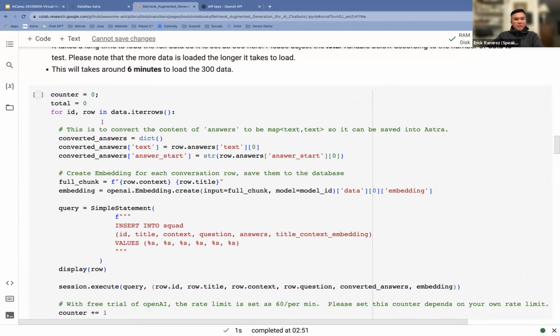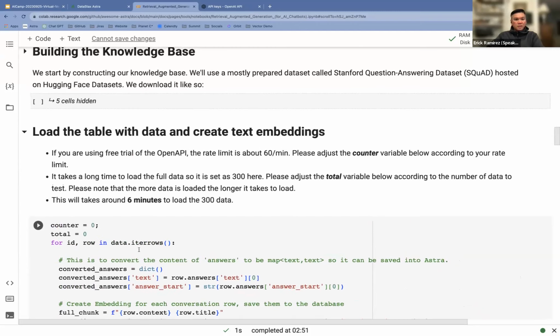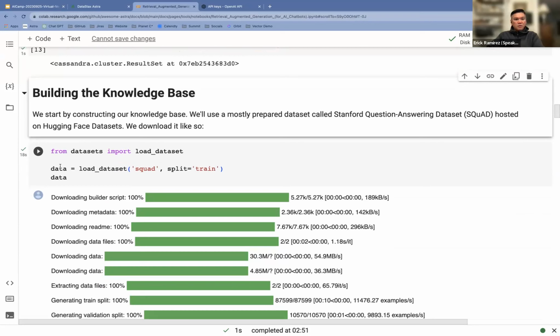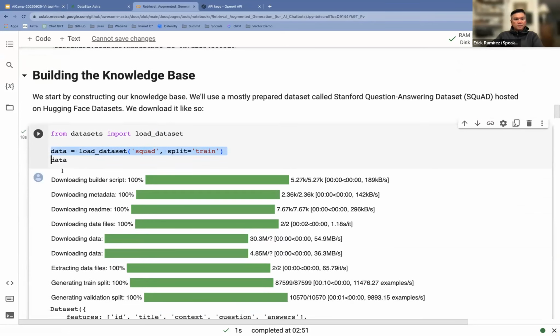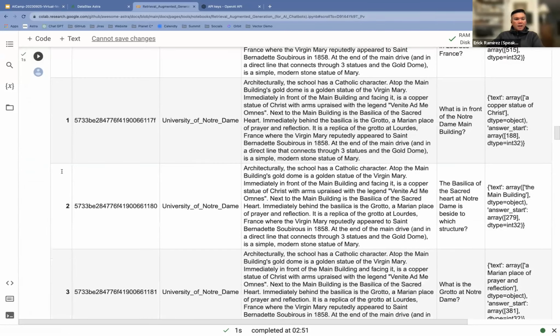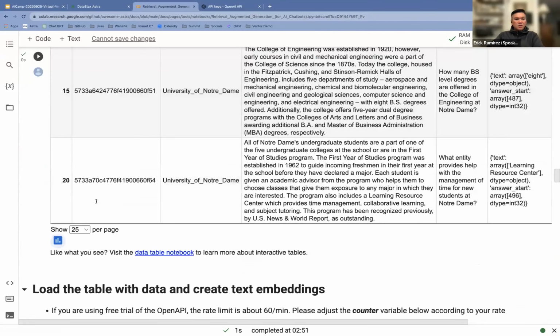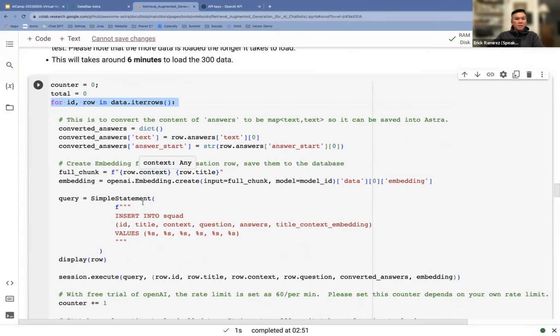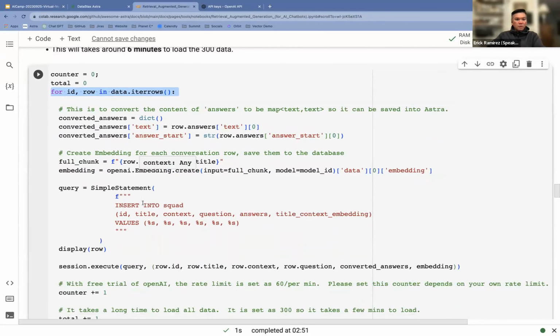In here, it's going to iterate over the different rows. The data object we've already loaded up here is the data object that we're acting on in this app. We're going to iterate over the rows. There's 300 rows in this data set, so we're only using a subset.